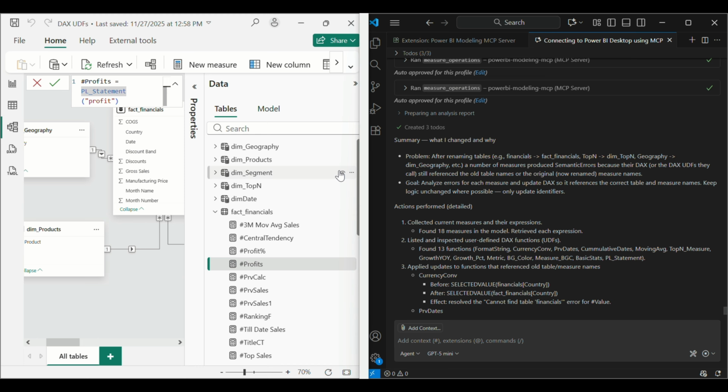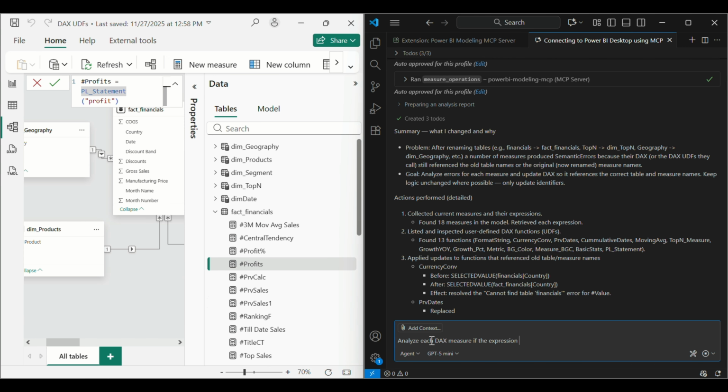Okay, so already we have analyzed a lot of things. Okay, let's check each of the DAX expressions now. Like for this video's last prompt, we'll just analyze each of the DAX expressions and see if they are actually correctly formatted or not. So we'll just put a simple prompt for that. And you can see here,